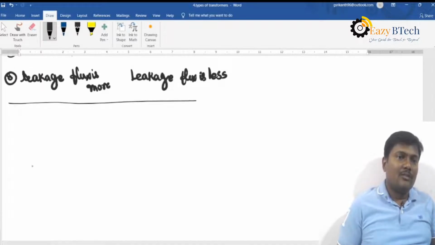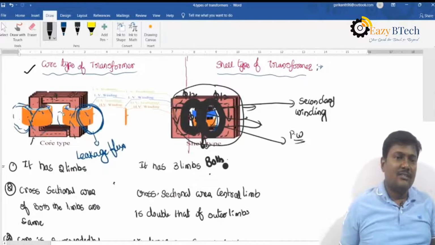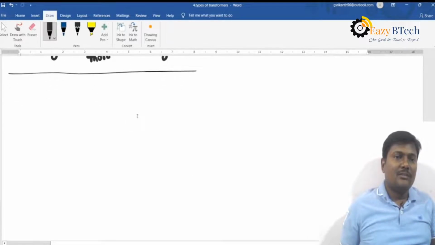And one more point is there. Here concentric winding is used, and here sandwich winding is used. The most important concept, the next one, is